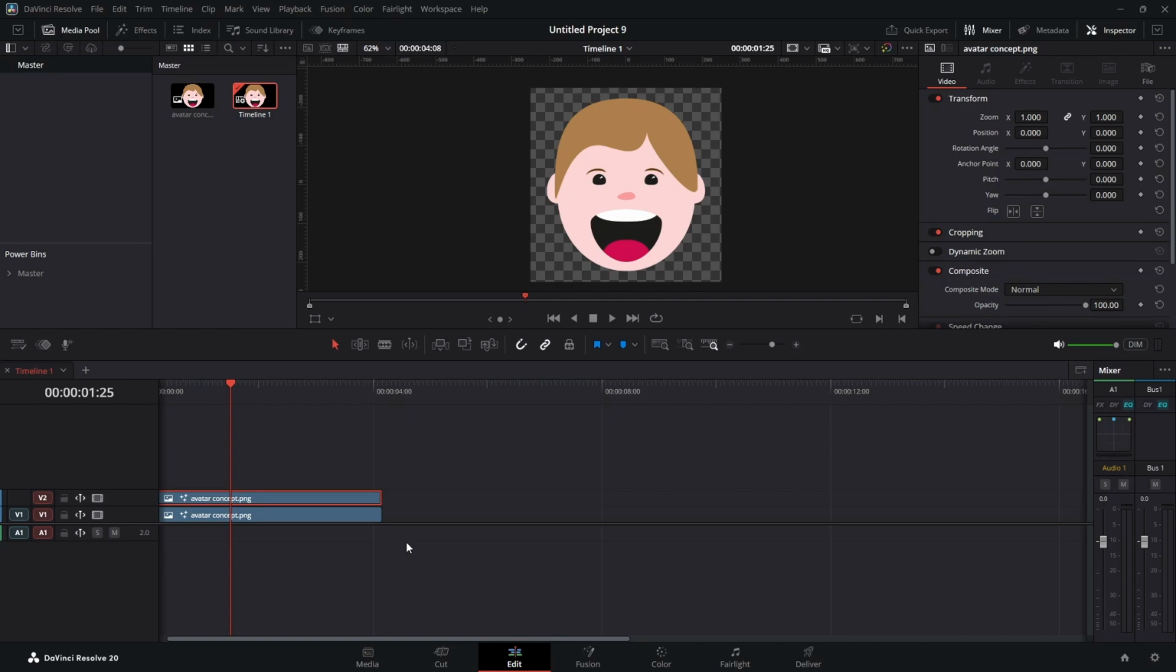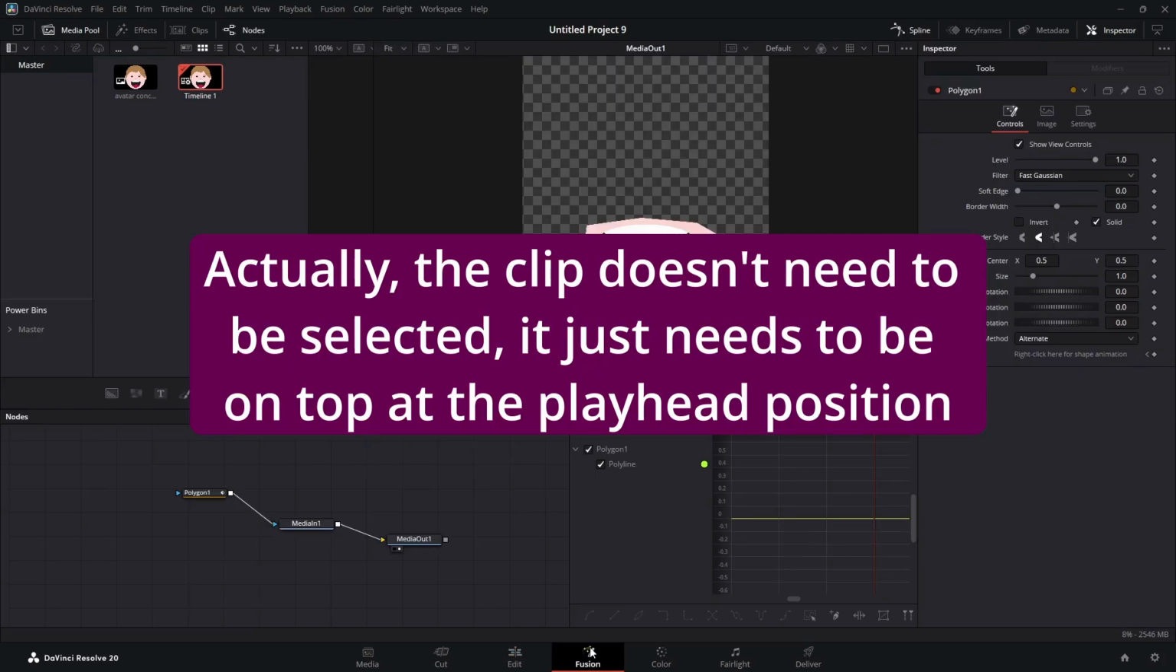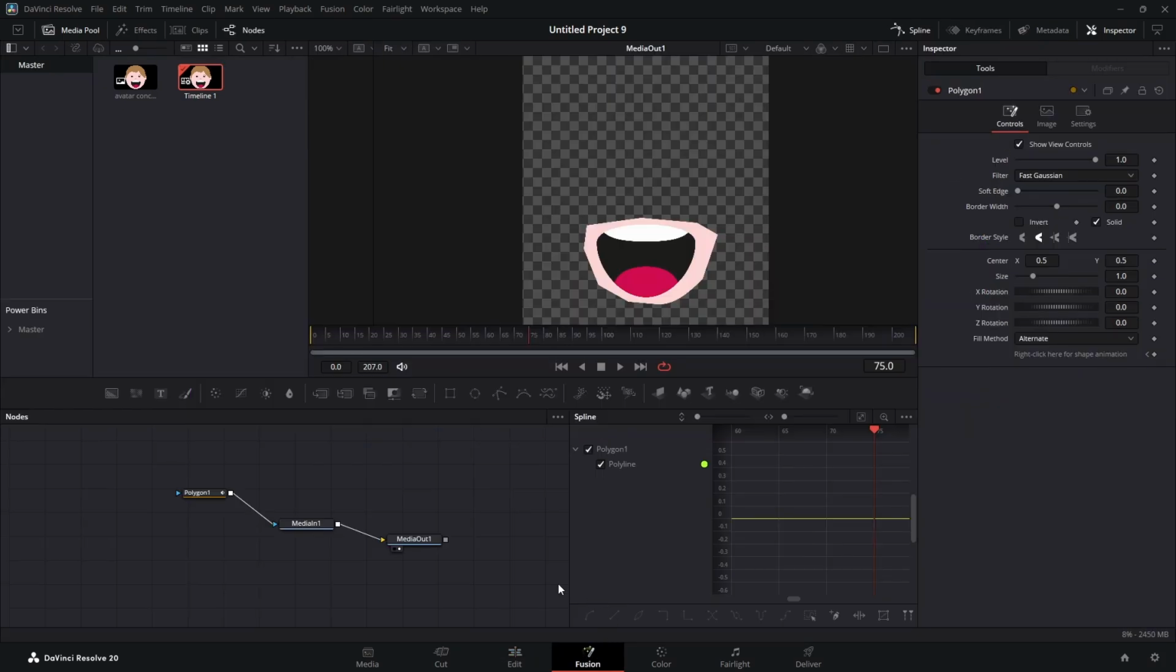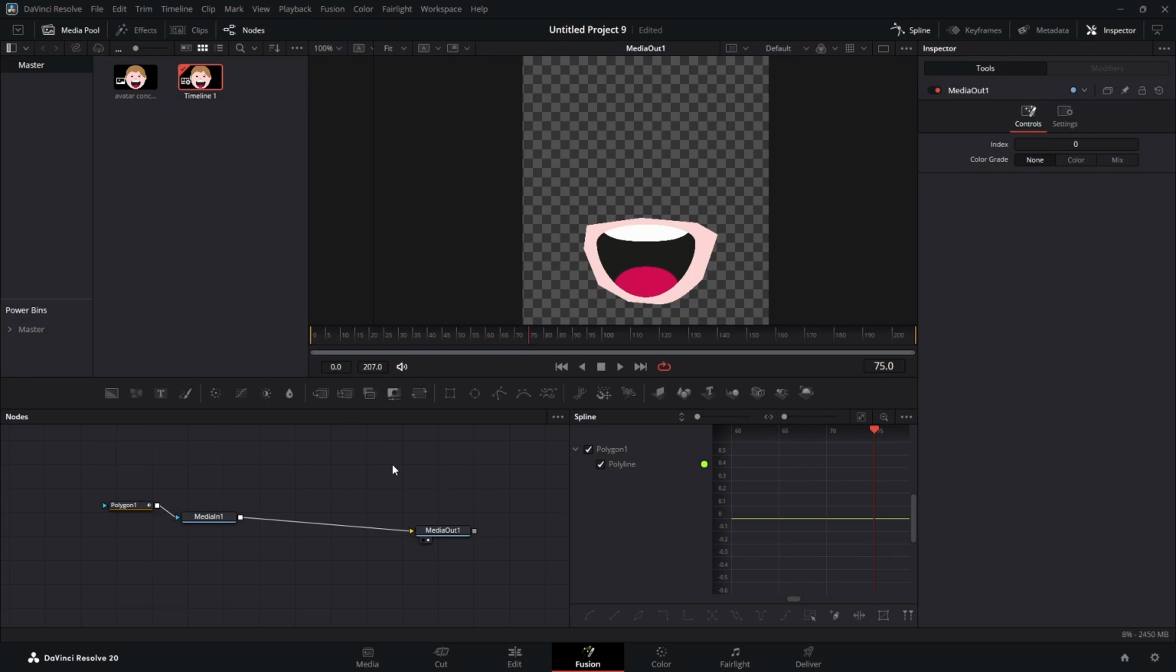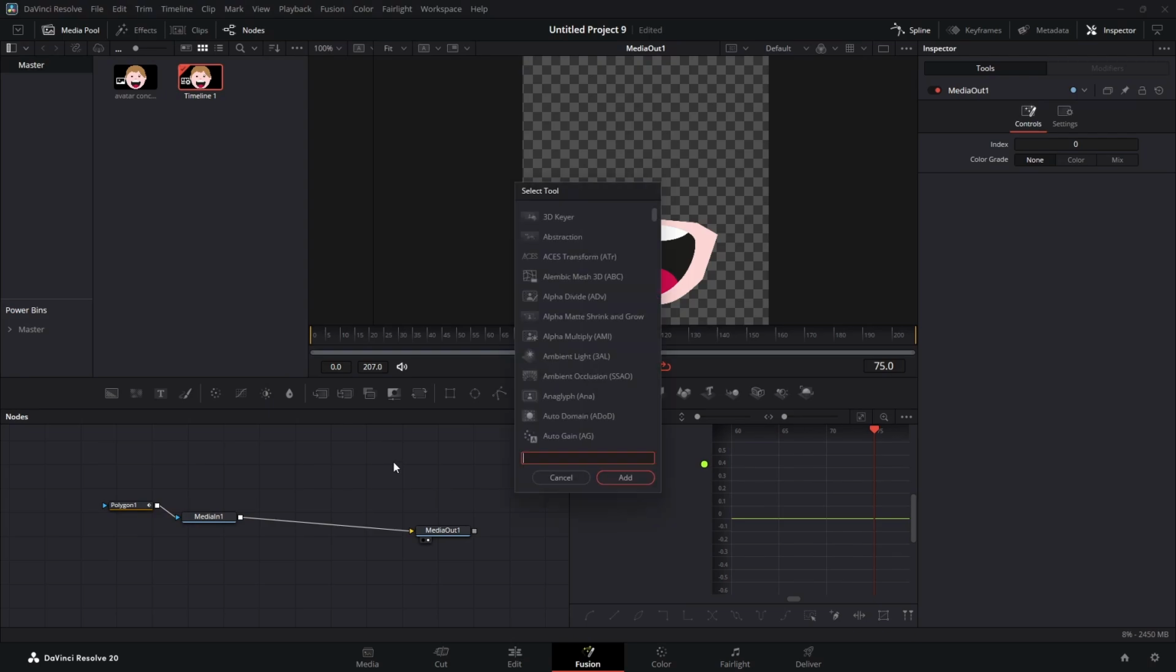The nice thing now is that we can animate the mouth. To do that, we have on top the layer that we want to work with in the Fusion tab. So the playhead is on the layer that is on top, back to the Fusion. So now we are going to use, let's move this a little bit over there. And if you press the Control key and Spacebar, you're getting the select tool, and we are